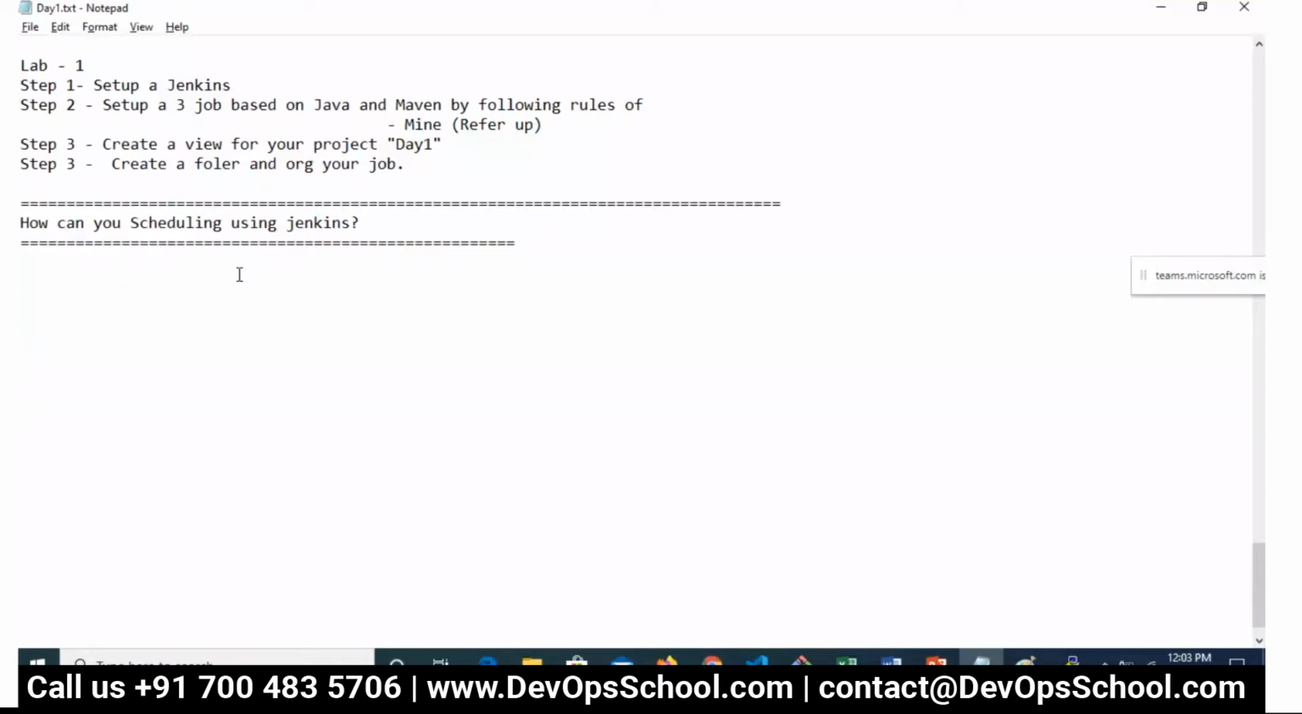SRC changes means code changes. Okay, so source code changes. That's the second approach. Third approach, what you have, you can